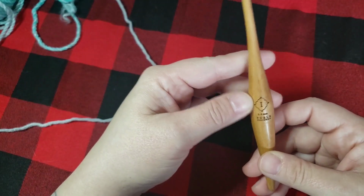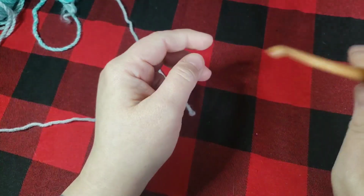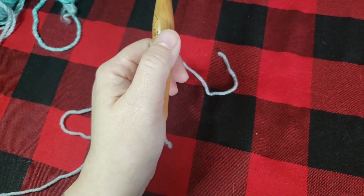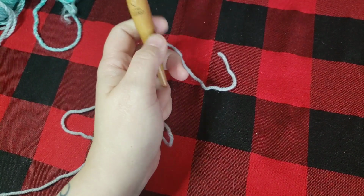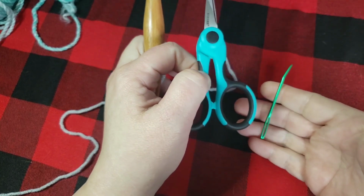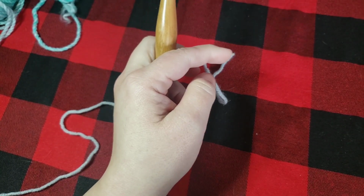So you should check it out, because these aren't terribly expensive and they're comfortable in your hand. You'll like them. Okay, and then as always, don't forget to have your tape measure so that you can measure properly, and your scissors and your tapestry needle for putting it all together and finishing off